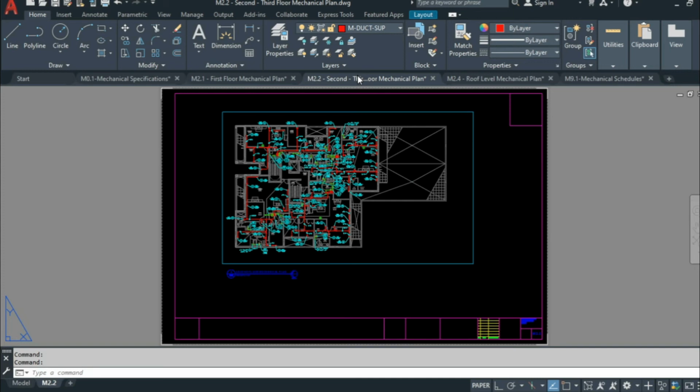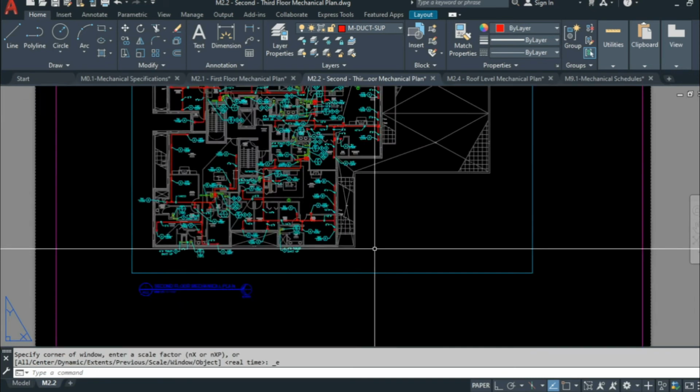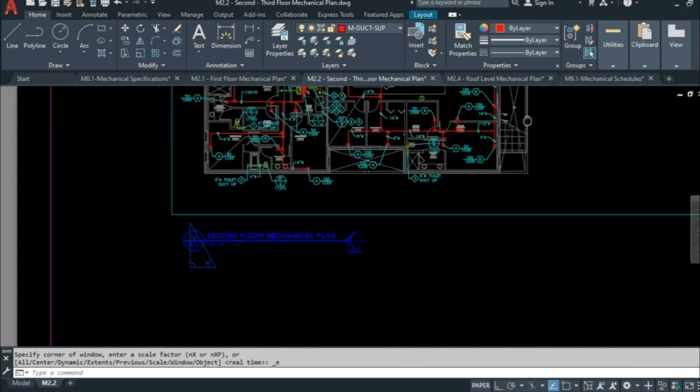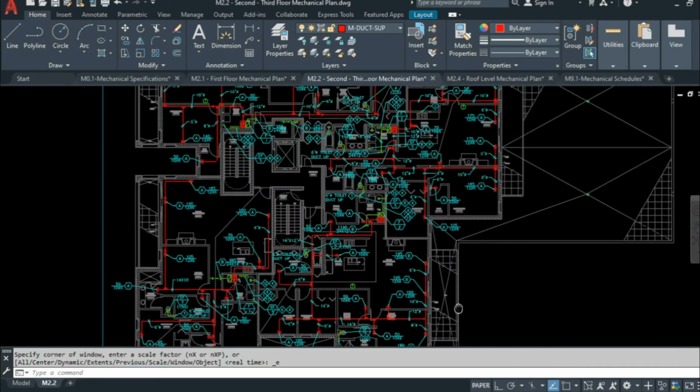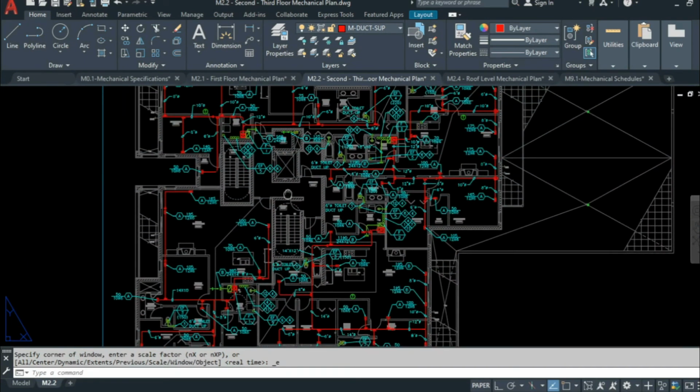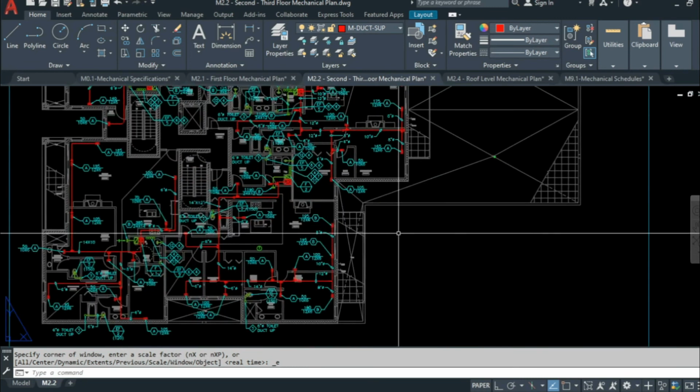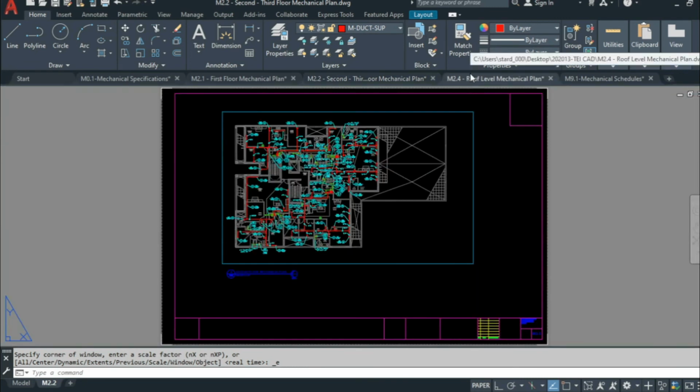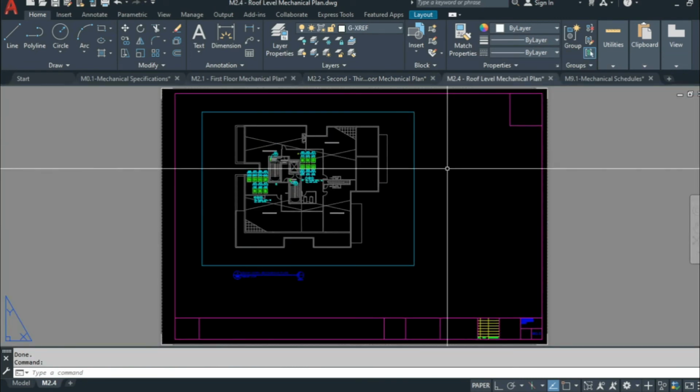CAD sheet M2.2, the second floor ventilation plan, shows that the heat and cold air is calibrated to maintain human comfort level. CAD sheet M2.4, the roof level, contains the finished air conditioner equipment that supplies the ventilation through all floors evenly.